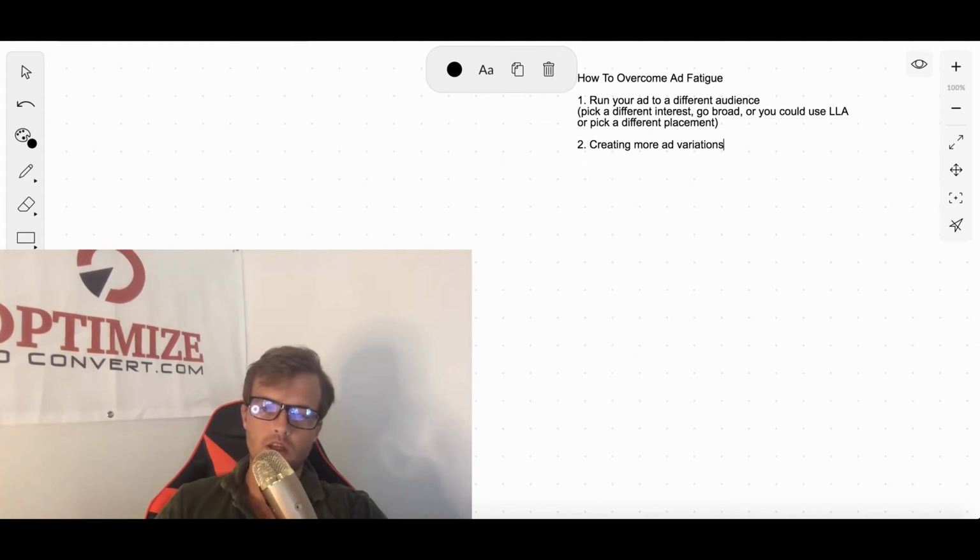That could be a different attention grabber, that perhaps somebody who previously ignored that ad would actually be interested in, by a slightly different variation of that ad with a little bit of a different attention grabber, right? Let's say that you've been running an image ad and you have a certain image that's doing well. Well, what you could do is test other variations that are similar to that winning image. So try to find a bunch of different images, and this comes down to creative testing too, right?